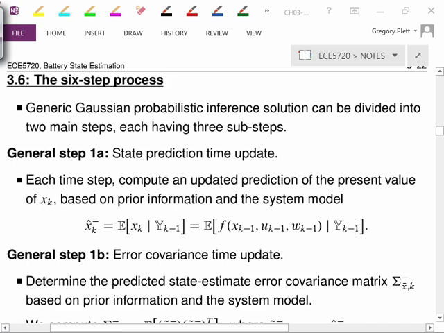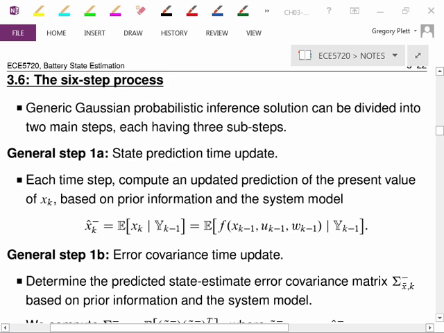In the previous section, we derived the generic Gaussian probabilistic inference solution, and that was probably fairly intense, and I went through it relatively quickly. What we're going to do now is take that solution and break it up into smaller pieces, and we still will not get an algorithm out of it in the sense of something that I can just immediately jump to code and write a program for, but we get a sequence of steps